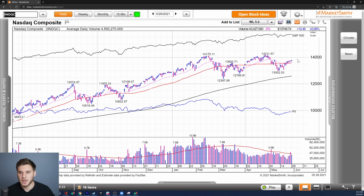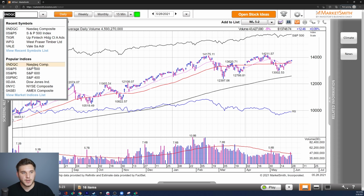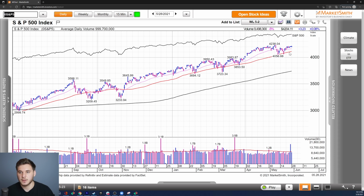We're staying above those key moving averages, and it looks like if we maybe pull back a little bit and then continue upward, we could really challenge these all-time highs. Looking over at the S&P 500, this continues to be the stronger index, right near all-time highs, and once again, it also had a constructive week, pretty much just going sideways but slowly drifting higher and staying above a rising 21 and 50 SMA. So like with the Nasdaq, ideally we do see a little bit of a shakeout here, some constructive action, a kind of drift downwards back into the 21 EMA,